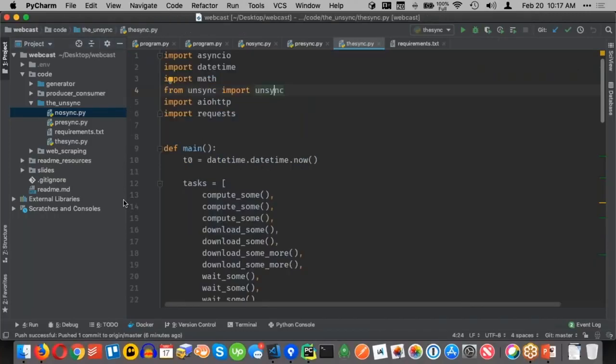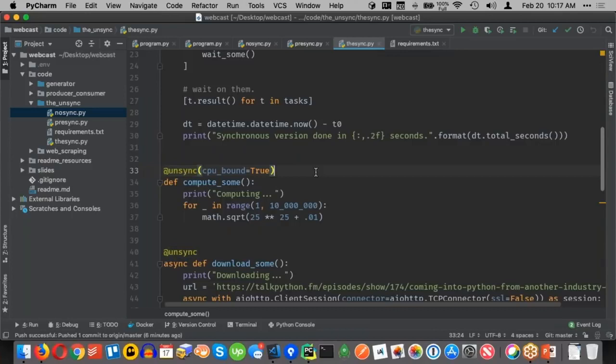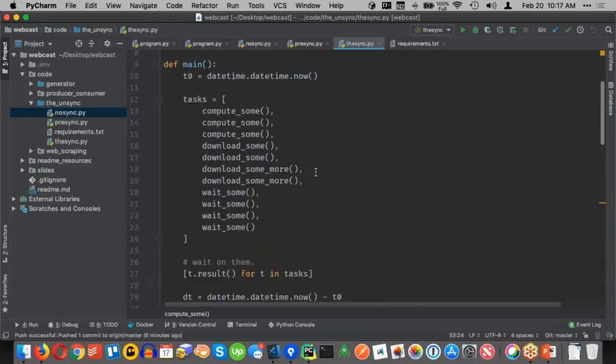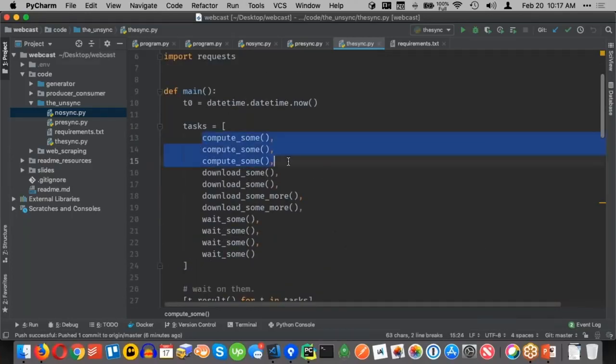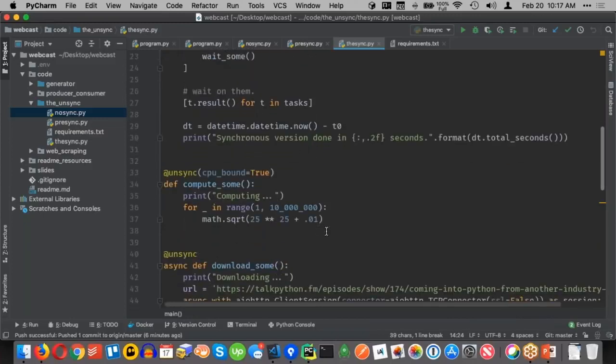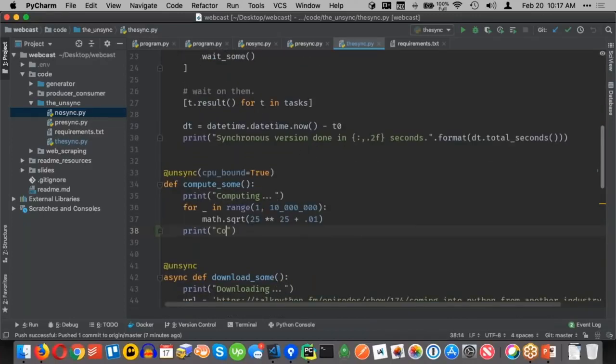Yeah. So on that topic, we have a point, not a question. Using the unsync decorator is not necessary if we know that the method is not async. So does unsync simply help developers so that they don't need to look at the type of functions? It's unnecessary, but it's a different behavior. Let me show you. I have to change my waiting code, but here's the thing. Notice this compute sum, computing, and then we just print compute done.